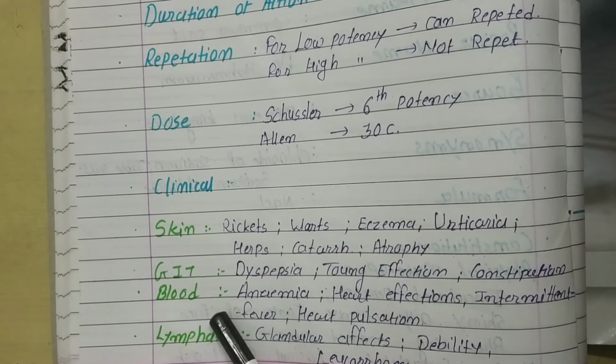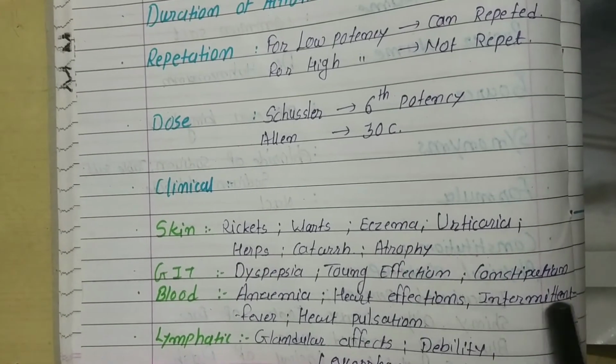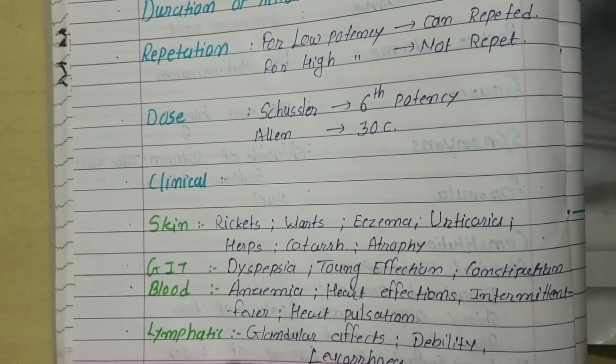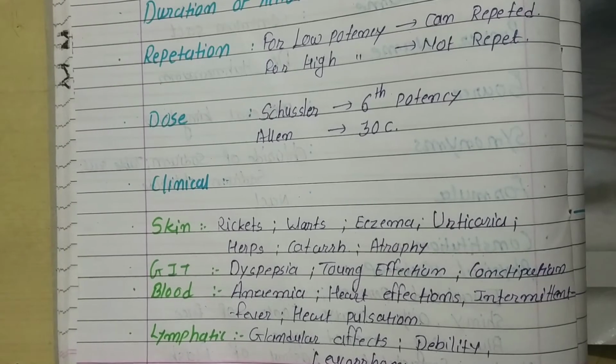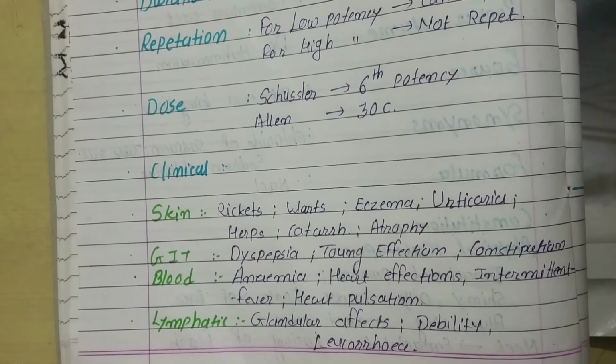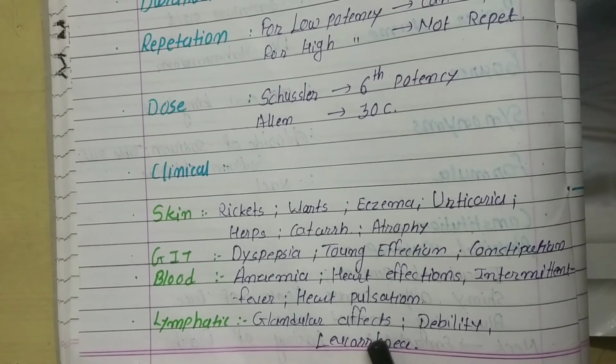And in the blood, anemia is a very characteristic feature of this. And the heart effects and intermittent fever, yes, intermittent fever is also a characteristic feature of NATRUM MUR, as well as heart pulsation. So for heart pulsation, we can prescribe NATRUM MUR, and in the lymphatics, glandular effects and